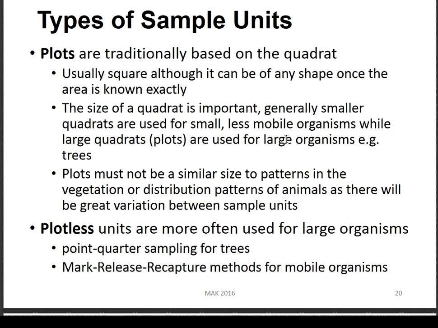Plot sample units tend to be used more for smaller organisms and less mobile organisms in terms of animals, and you can use plot methods for smaller plants as well, like the shrubs and herbs, but you can also use plot methods for trees as well, but the plot methods in that case have to be fairly big, so something like maybe a hectare in size, 100 meters by 100 meters, and it can take about 2 days, maybe 3